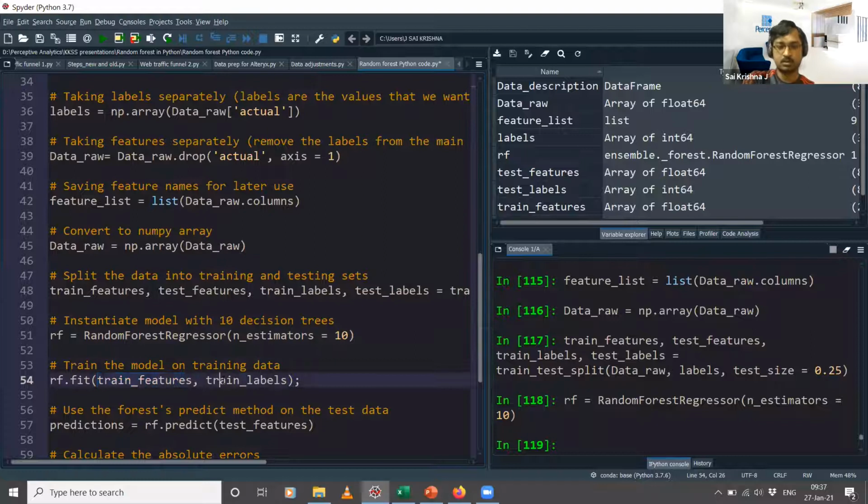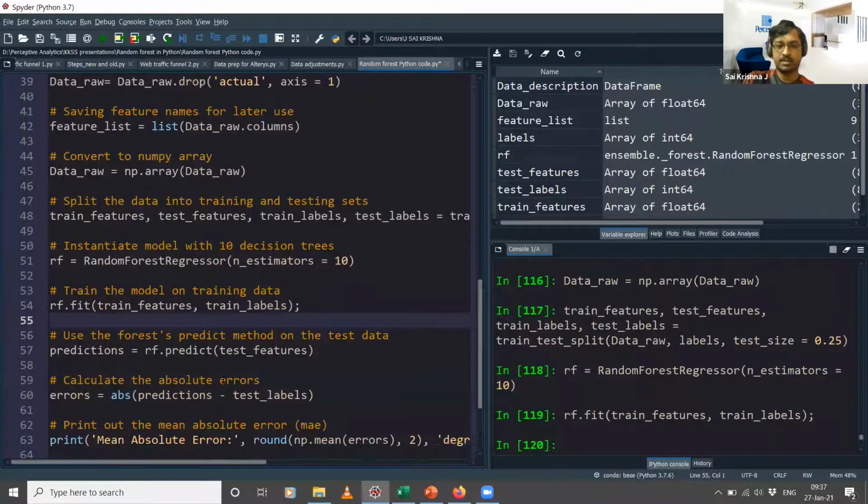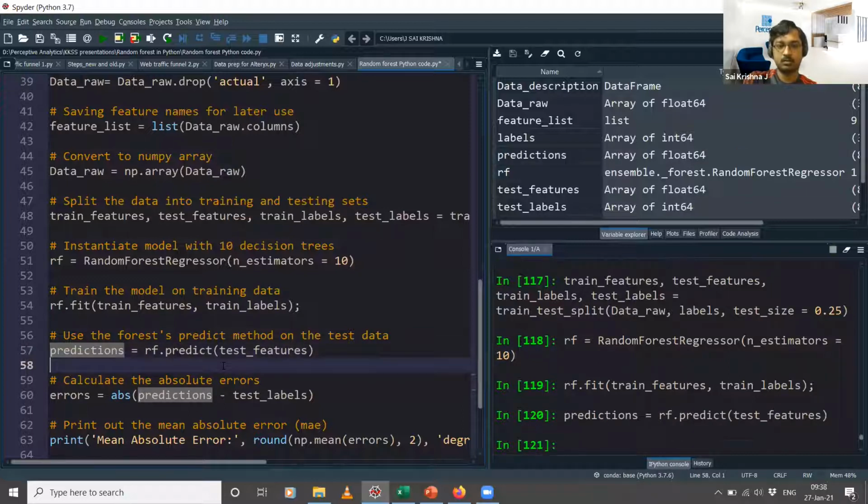labels. So we'll just train it, and once I train the model, I will apply this model onto the test data. So when I say apply, what do I mean? I'm using the same model, so I am passing the test data into this model, and I'm predicting the target variable values, right? So I'm creating a new variable called predictions, and I'm predicting using this RF model. So rf.predict, but I'm predicting on the test data. Test features will be the input. So I've done the predictions now.